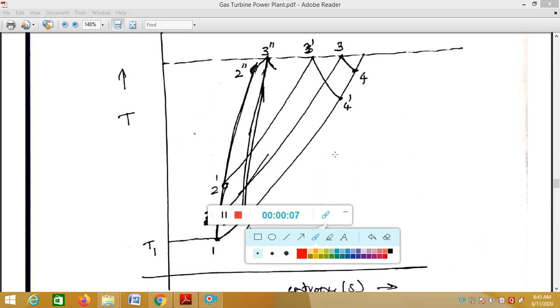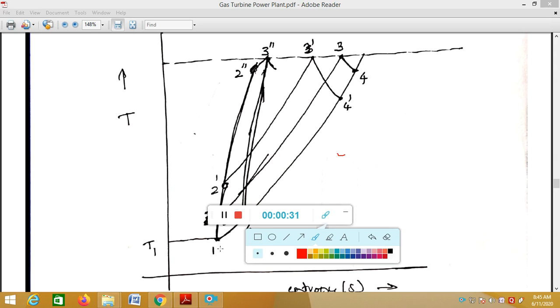Dear students, today we shall study the gas turbine power plant: the pressure ratio for maximum specific work output of a gas turbine power plant, or finding the optimum pressure ratio for maximum specific work output of a gas turbine cycle. So here we know that T1 is the temperature at the inlet of the